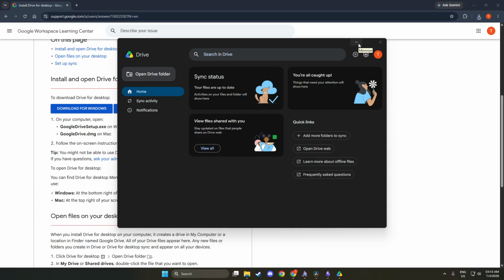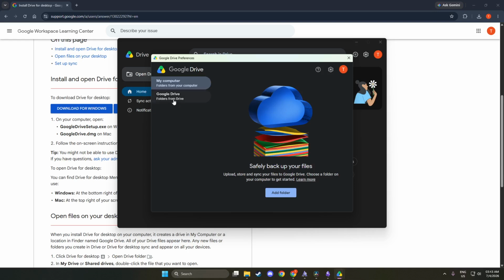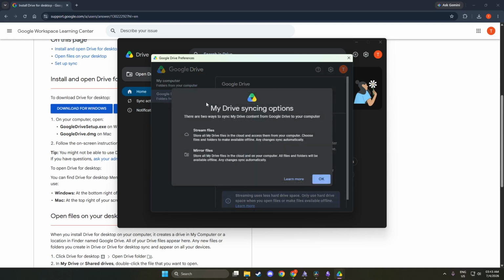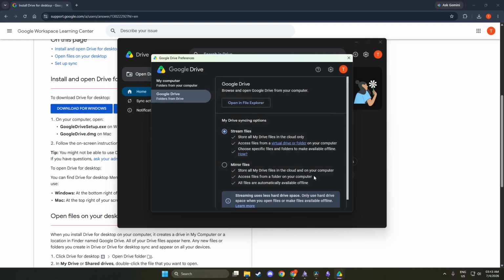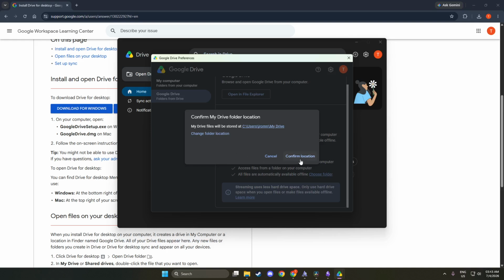Now let's make sure you enable Mirror Files or Drive Sync mode. In the Google Drive settings, look for the option that allows you to sync files. This setting ensures that all your files are stored locally and in the cloud. When you enable this feature, you can access your files even without an internet connection. It's a little step that saves you a lot of time later, ensuring you always have access to your important